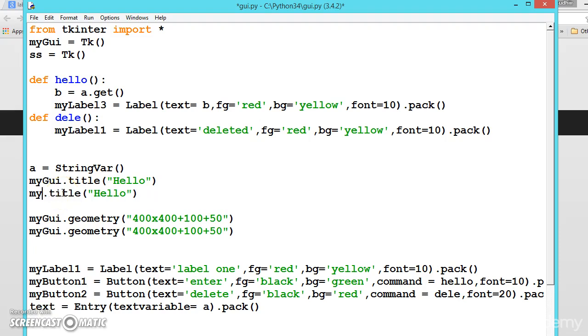Let us say this one for SS and this one for SS. This one we name as second window, and here we'll be pausing it 100, 200, 300, let us say 600. Now execute it.